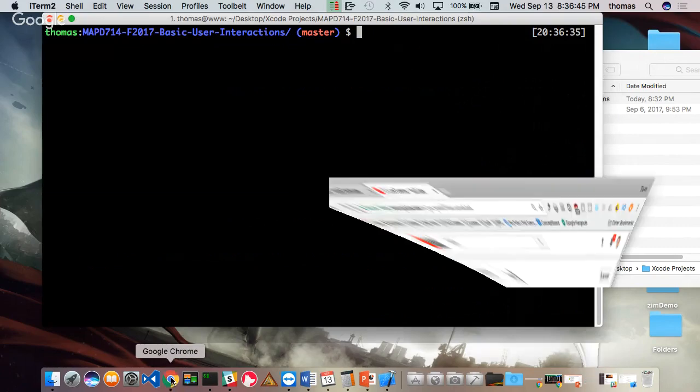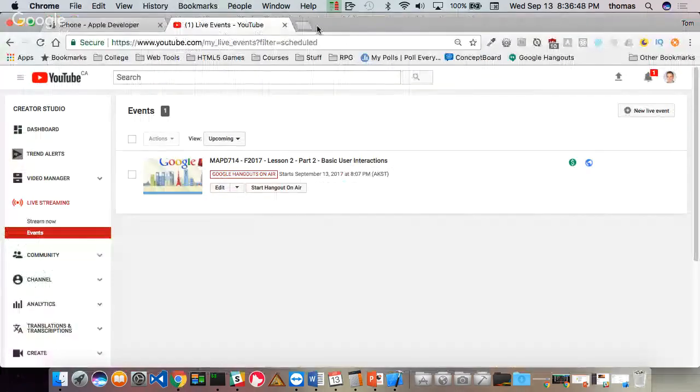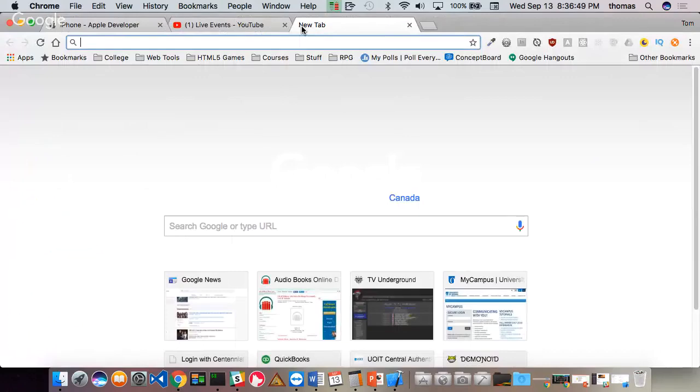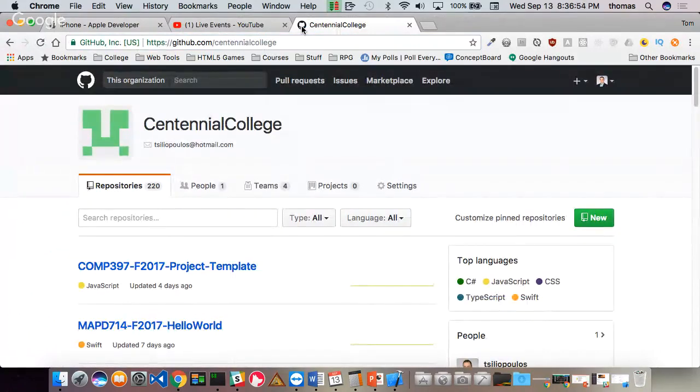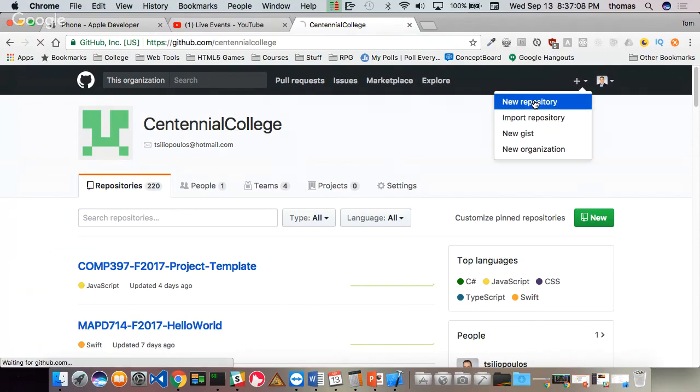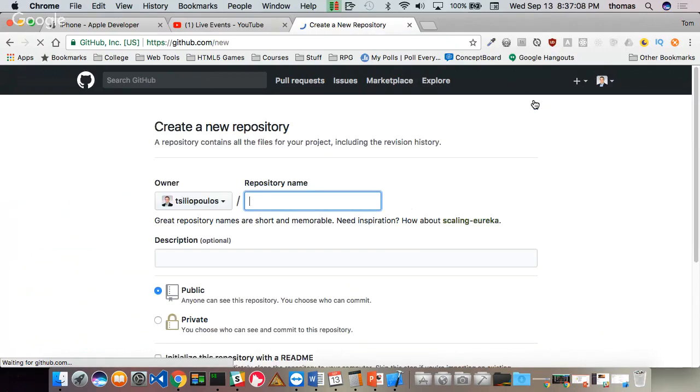Let's set it up. So I'm going to go up to GitHub. Now, you must have a Git account for this. And I'm going to go into my Centennial account. This is my Centennial account. This is the last application here, right? New one. I'm going to use plus. You can also click new. One of those two will be fine. Either one, right? If I click plus, I'm going to go new repository. And I got to choose my